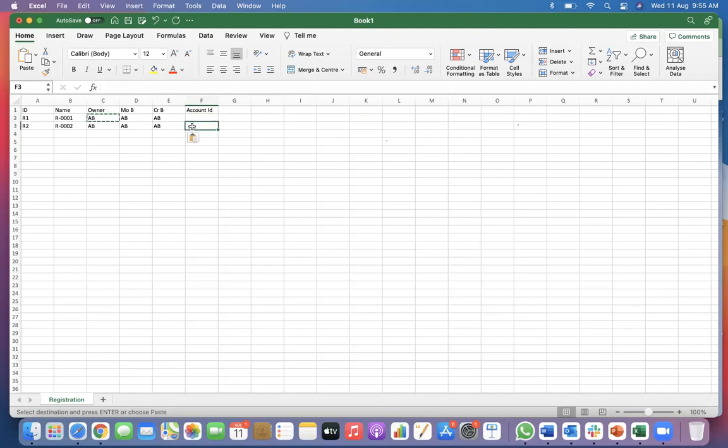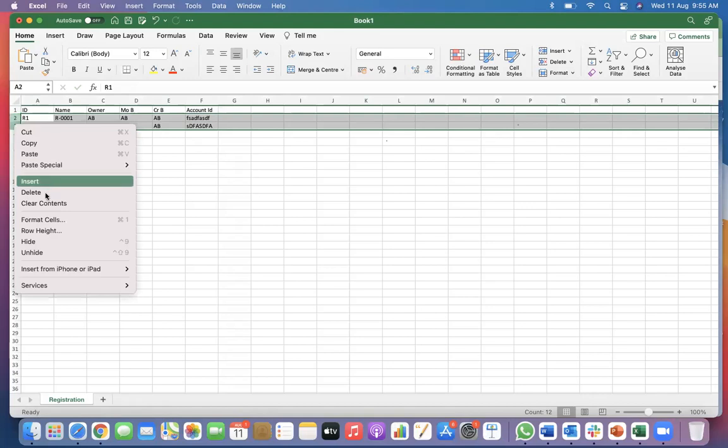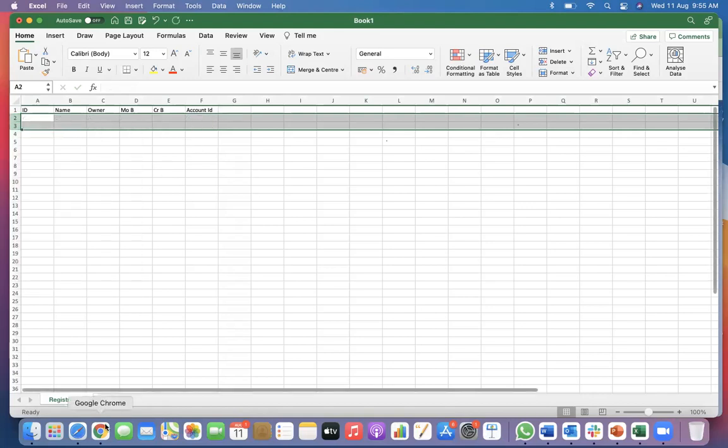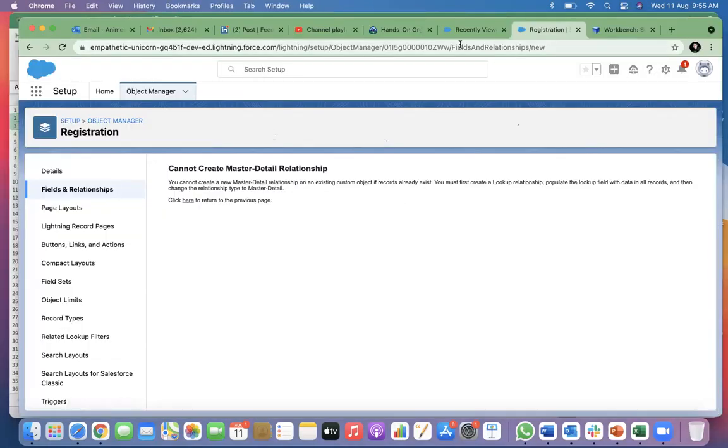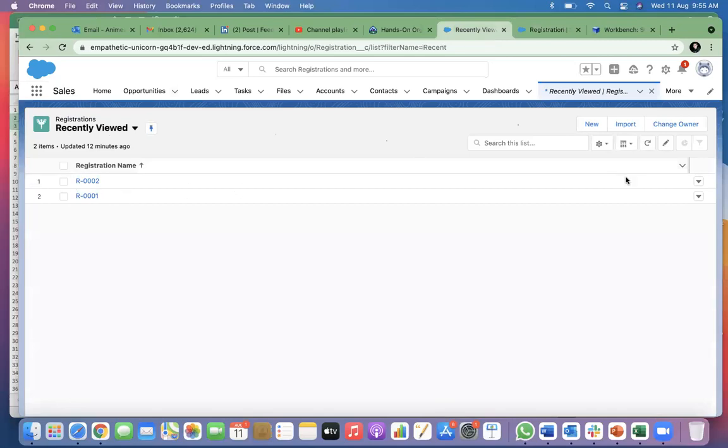So that is a violation of the type of the field. Either I fill this with some 18 character value, which will be allowed if I make this a lookup relationship, and then convert it to a master detail relationship. That will work. Otherwise, I can just delete these two rows. Let's try this. Can I do this by deleting this? I will just delete this.